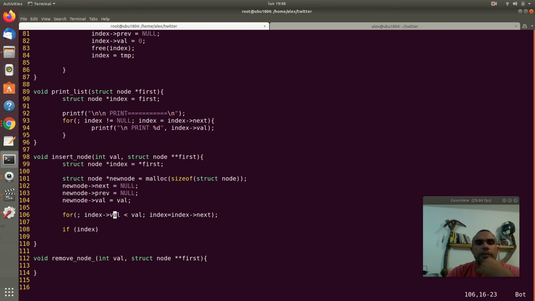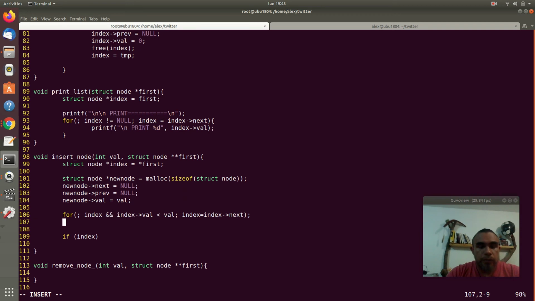6 is lower or less than 5. That is true. But in this case, you're going to notice that I'm way ahead of that. But I can go back. I have a pointer to the one in the previous. So I'm going to validate that I'm not going too far first to a null. So if